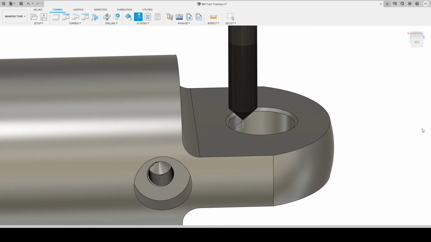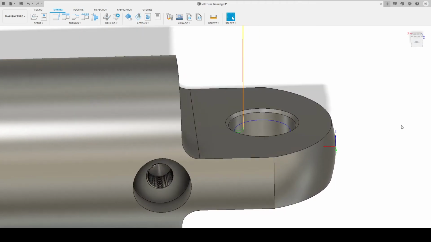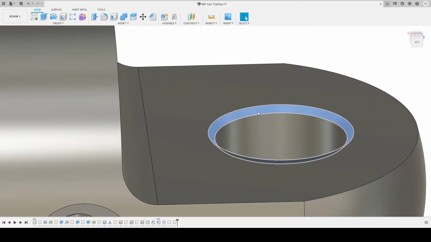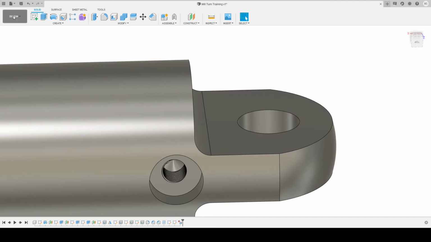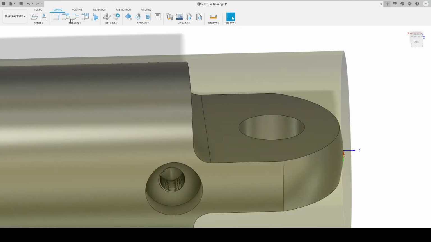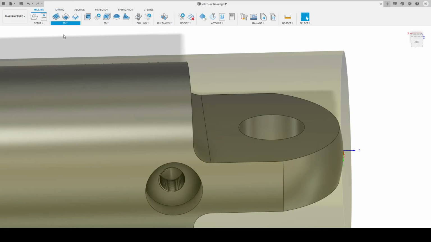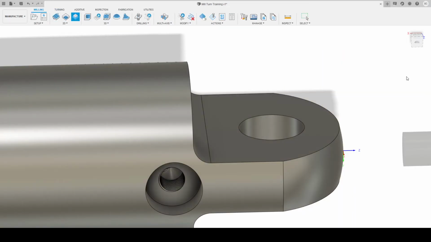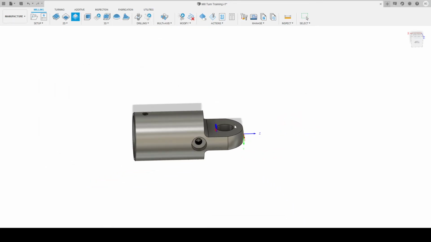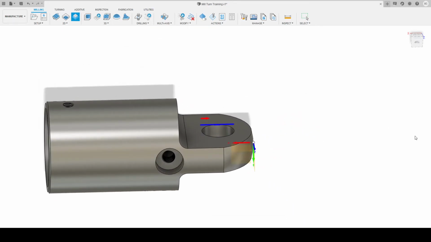Alright, so I will show you how to do a contour that is not modeled. So we'll delete this toolpath. We'll jump into design. I will select that chamfer and delete it. We'll jump back into manufacture. We will do a milling 2D contour. We'll select our chamfer tool, which is this one. And then under geometry, again, we'll select our contour. And we will align our tool, so tool orientation, select a Z axis,